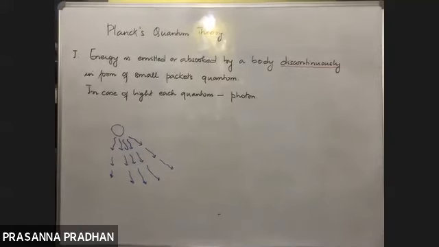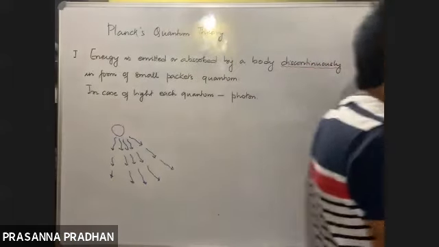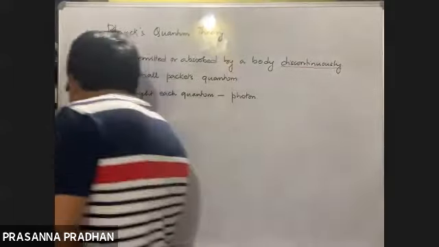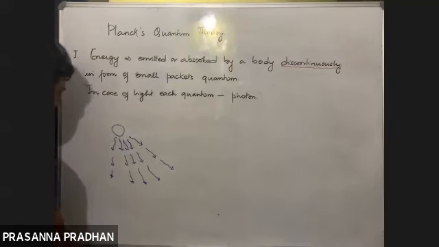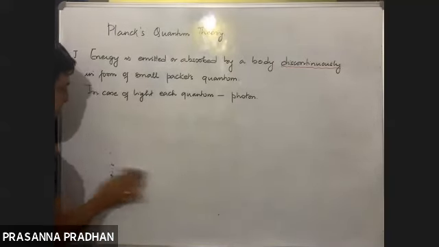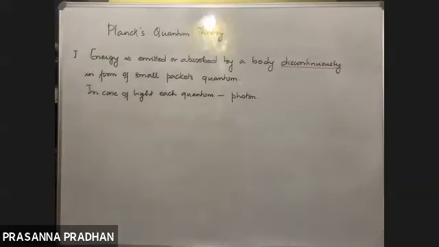It comes discontinuously, but at such a fast rate that this discontinuity cannot be seen with the help of a human eye. Got it? So that's the explanation. Energy means light energy, sound energy, heat energy, whatever energy. They are emitted or absorbed discontinuously, and this bundle of energy is known as a quantum. In the case of light, each quantum is known as a photon.